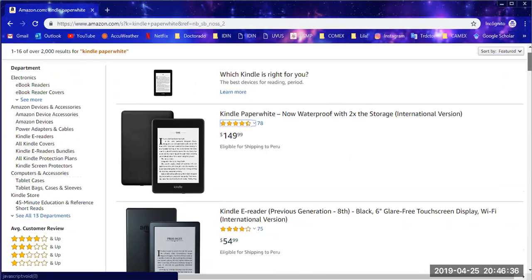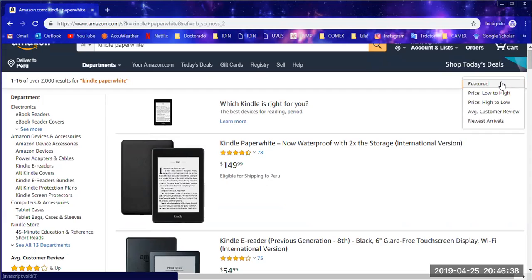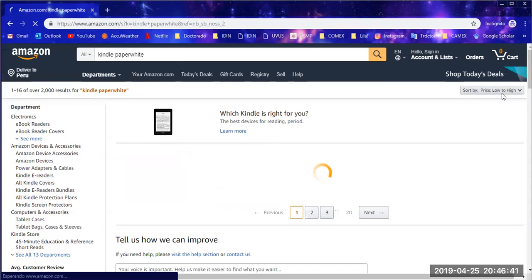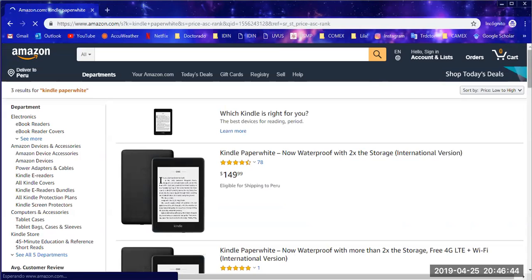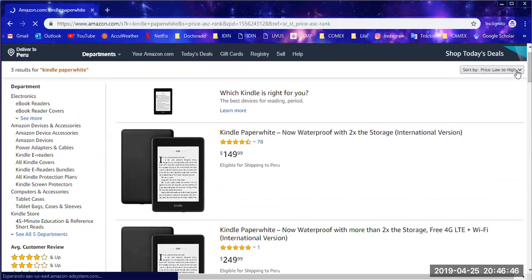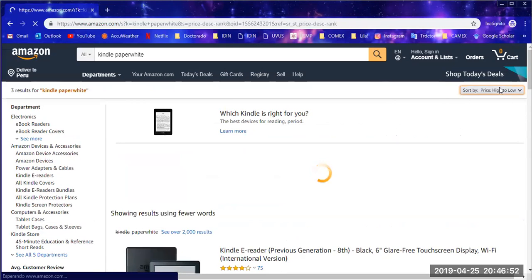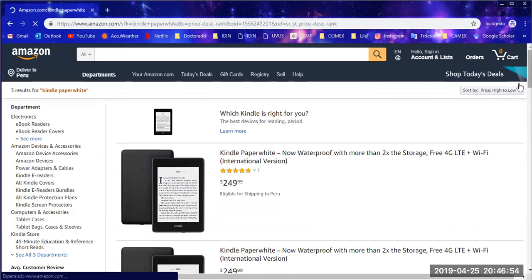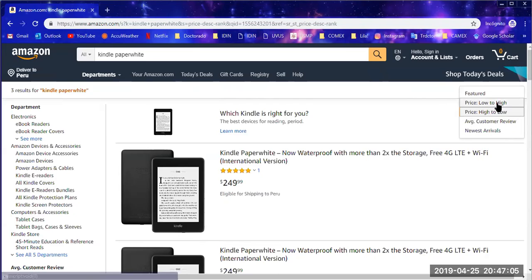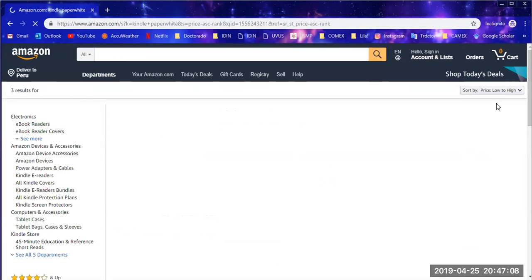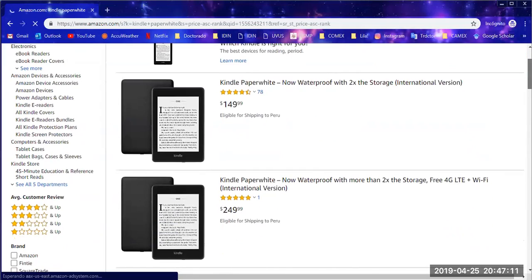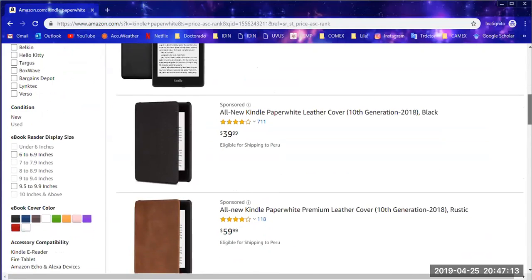So what I can do is sort by low to high price, so the cheaper is going to come up, and then I can sort from high to low, or I can sort by average customer review and new arrivals. Usually I'm going to see from low to high, so the cheaper first. So in here